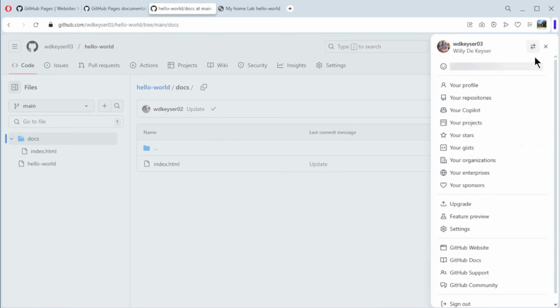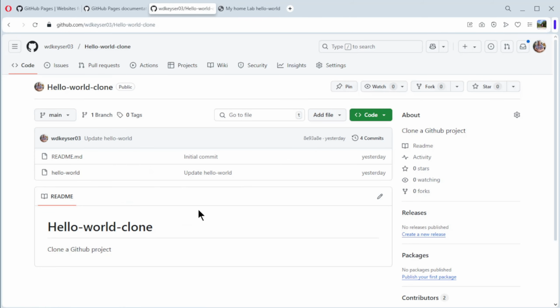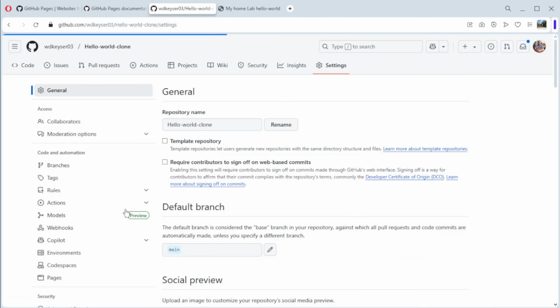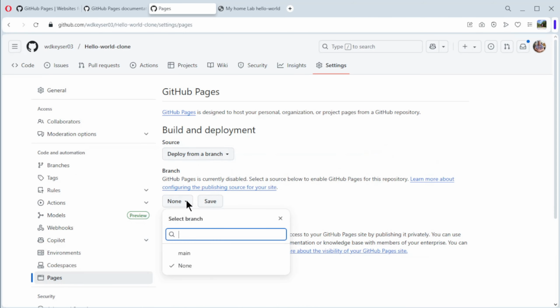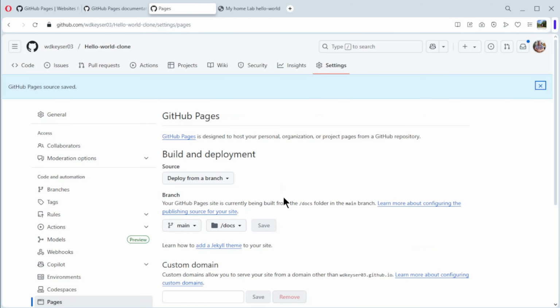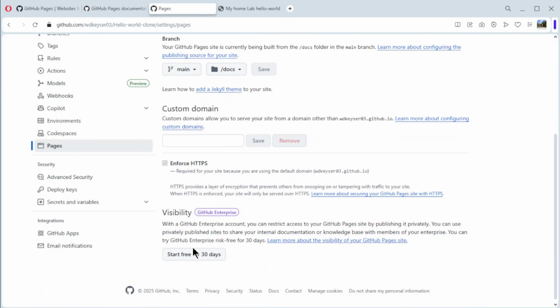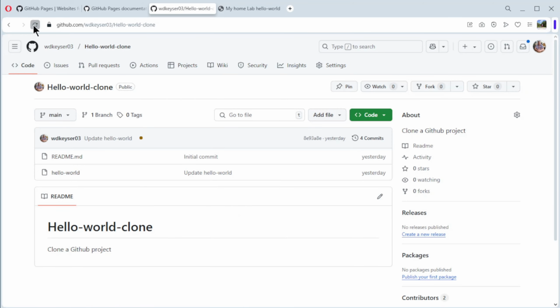Now we go back to repositories, do the hello world clone, open it. It's the same like before. Settings, pages, load from branch, main, docs, and save it. All the rest can stay like it is. We go back to code, refresh it,